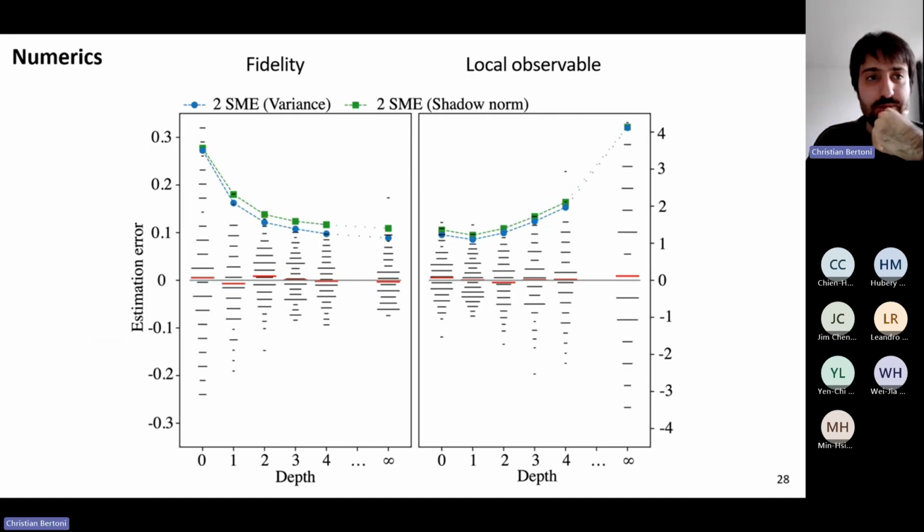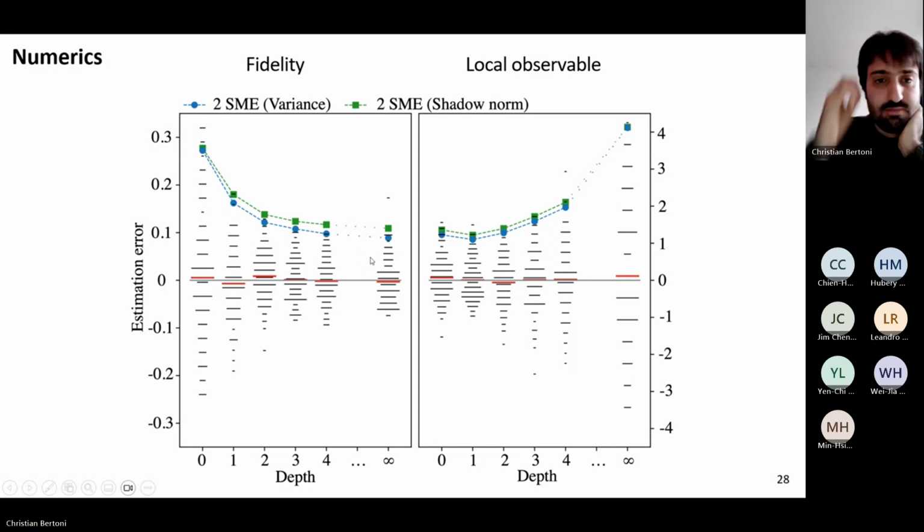And finally, I just want to show some numerics where we implemented this protocol for many depths. There's a lot going on in this plot. The most important part is this blue and green line, which characterizes the estimation error for some fixed number of samples. In the left panel, we try to estimate the state fidelity,